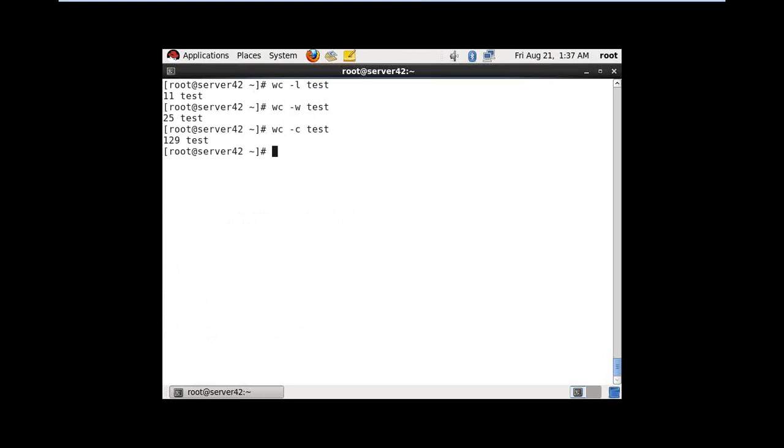So to see the number of lines in a file, what is the command? wc space hyphen l, file name. To see the number of words in a file, what is the command? wc space hyphen w, file name. To see the number of characters in a file, what is the command? wc space hyphen c, file name. I want to see all at a time: wc space file name. It shows lines, words, and characters in order. So like this, you can use the wc command also,